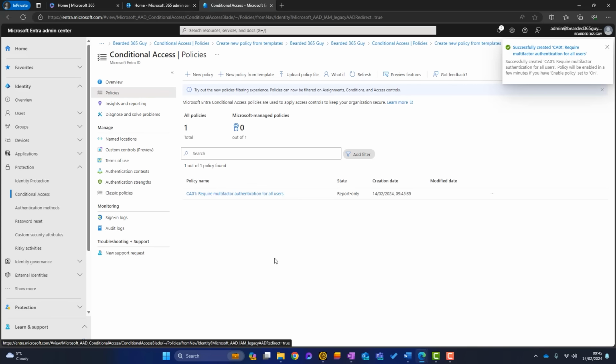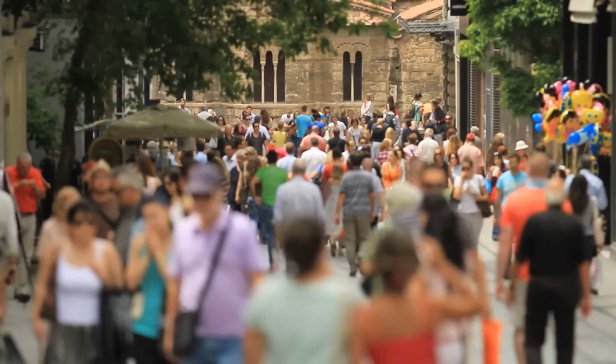Now that policy has been created, but remember, it's not switched on at the moment, but we have the policy in place ready. Now by default, anyone from any country can log into your Microsoft 365. That's a lot of people. So a way that I recommend to tie your Microsoft 365 down is to block access from anyone in any country apart from the countries that you and your team operate in. So for example, with our clients in the UK, we block access for anyone outside of the UK.